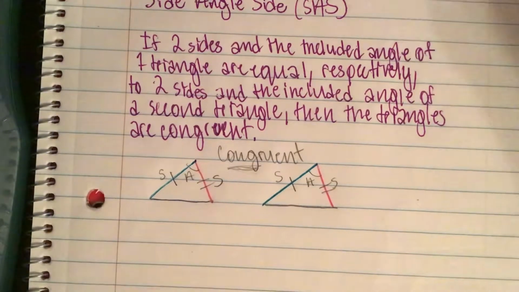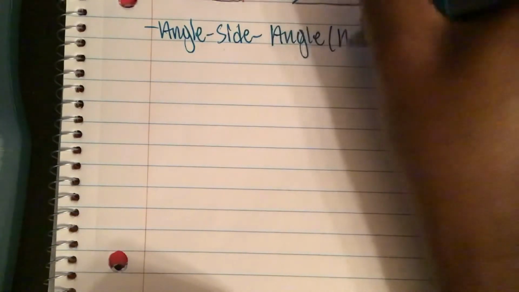The next concept we're going to be discussing is called angle side angle, also known as ASA. And this concept basically says that